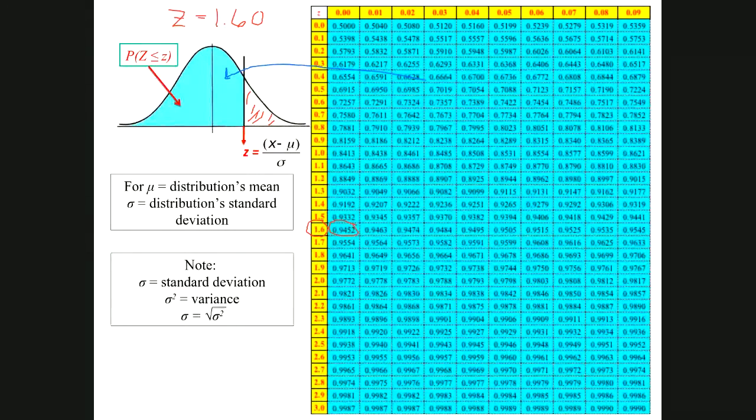And so in order to do that, we're going to calculate the complement of that value. We know the complement is 1 minus the value we read from the table, 0.9452. And so this probability that we're trying to find is